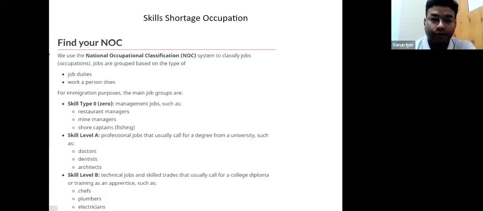And your PR application, permanent residency application, will be prioritized by the embassy when you are in Canada. So that's why, instead of selecting the course first, check what sort of jobs or industry you want to get into and see if it has a demand in Canada or not. Maybe you want to become a sales consultant, but sales consultant is not listed in the NOC, but still you go for some sales or marketing or normal business degree, and you see that you're not able to get the job you want, or maybe if you have a job, you're still struggling to get a work permit or PR. Yeah. So which is why I always say, think about what sort of job you want to get into.